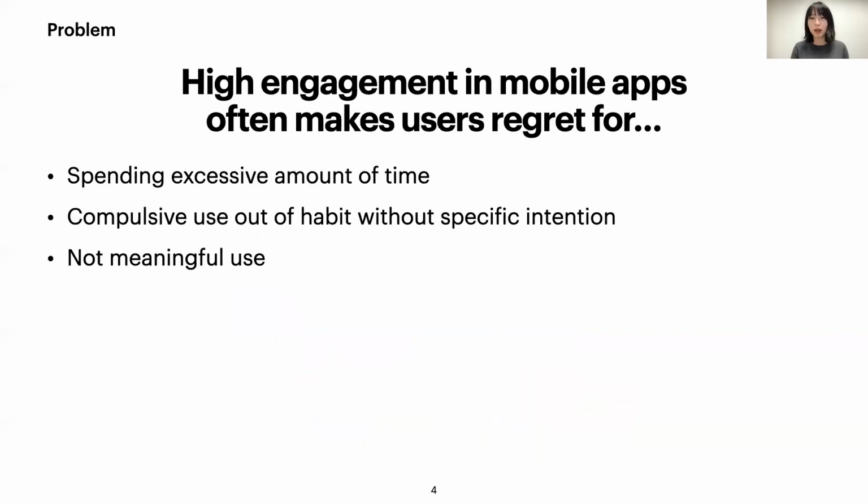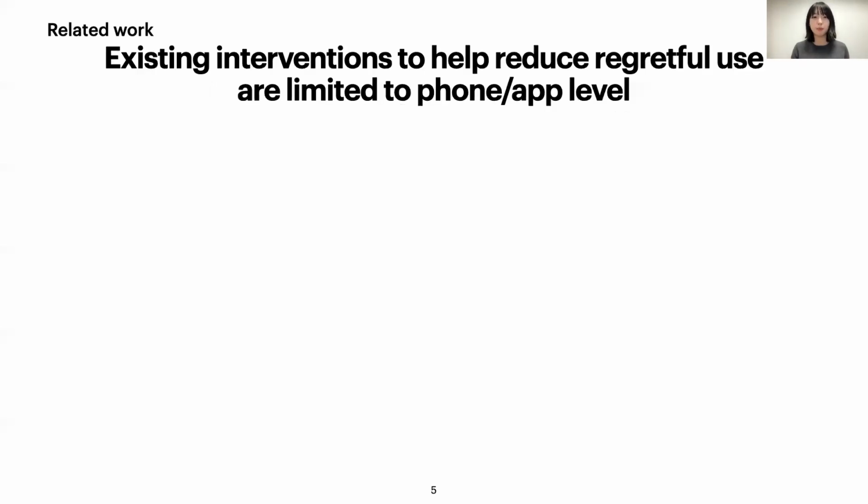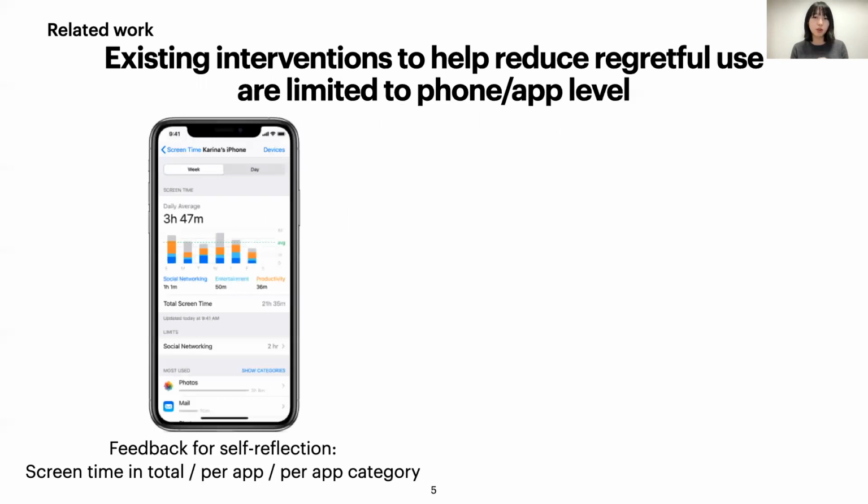This trend of super apps, however, could be problematic as high engagement in smartphone use often makes users regret spending an excessive amount of time on the phone, compulsively using out of habit without specific intention, and using smartphones in a less meaningful way. To help smartphone users reduce regretful use, existing interventions provide feedback on the phone or app